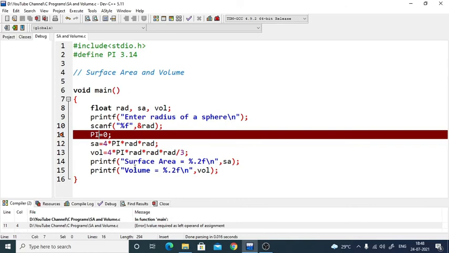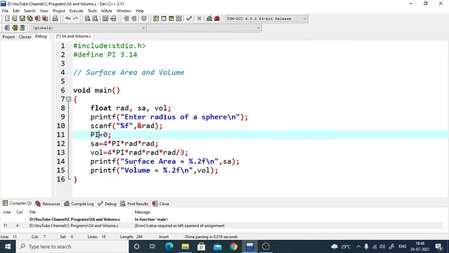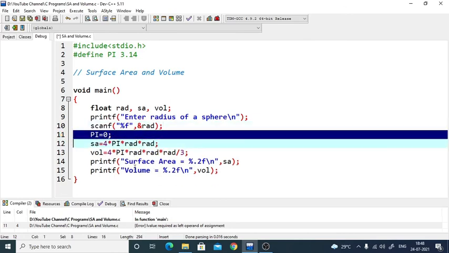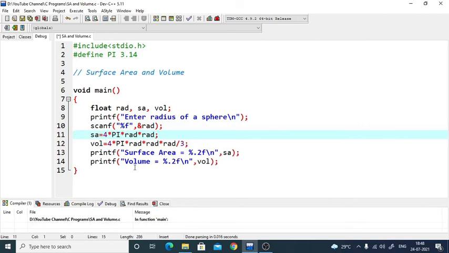In short, we will not be able to change the value of pi anywhere in the program. That is for sure. So we are getting the effect of constant. It is actually working as a substitutor. You know what a macro does? Whenever I use the macro name as a macro call, it will simply replace that by the macro body. So we can have different ways of designing this macro depending on the requirement.